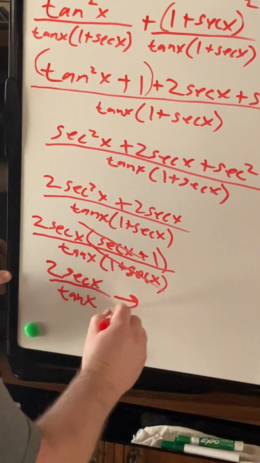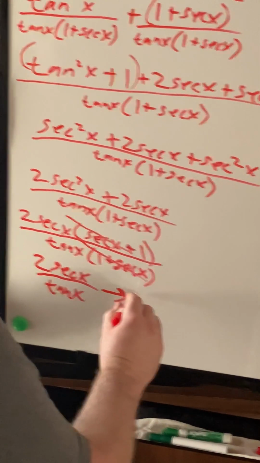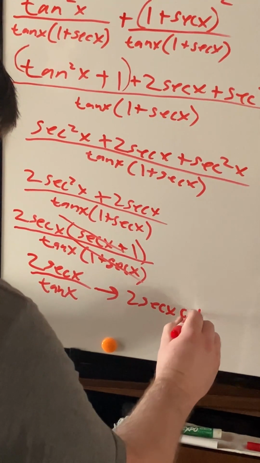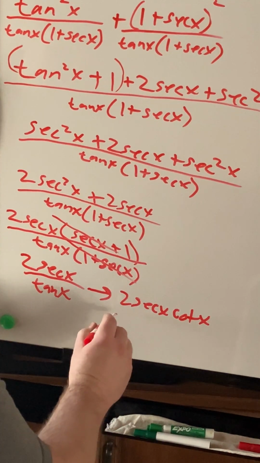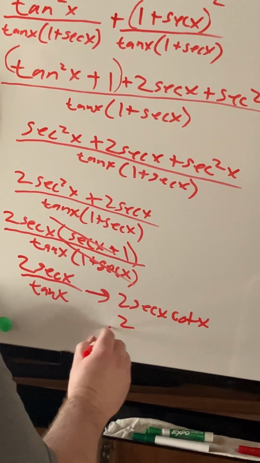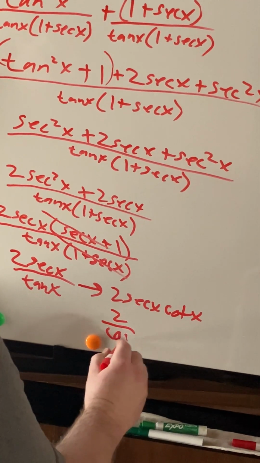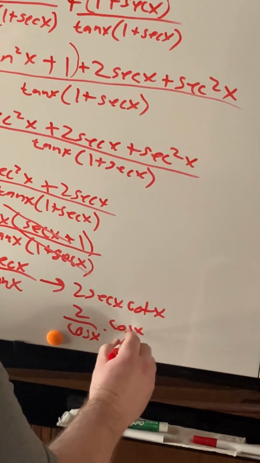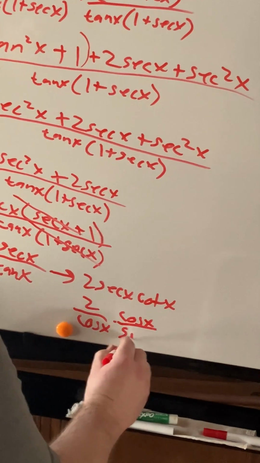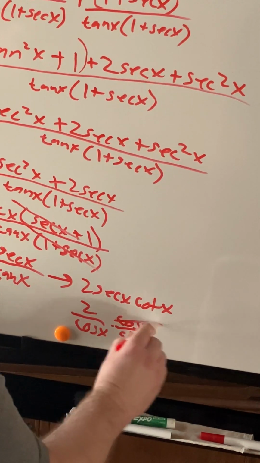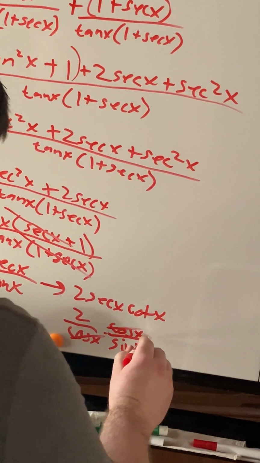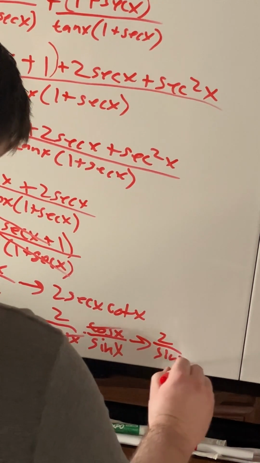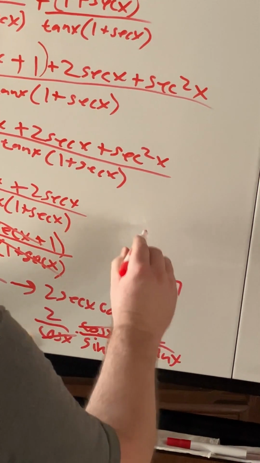And I would pretty much just say, okay, this is 2 secant x times cotan x, which then I would say is 2 over cosine x times cosine x over sine x. Boom, boom. We're left with 2 over sine x, which is